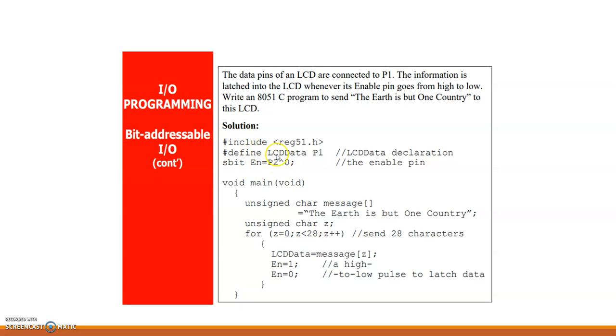Here the LCD data declaration is done. #define LCDdata P1. So P1 is declared as the LCD data pin, and P2.2 for enable. And an unsigned character array holds the message: "The earth is but one country". Here we have 28 characters, that is, we need to